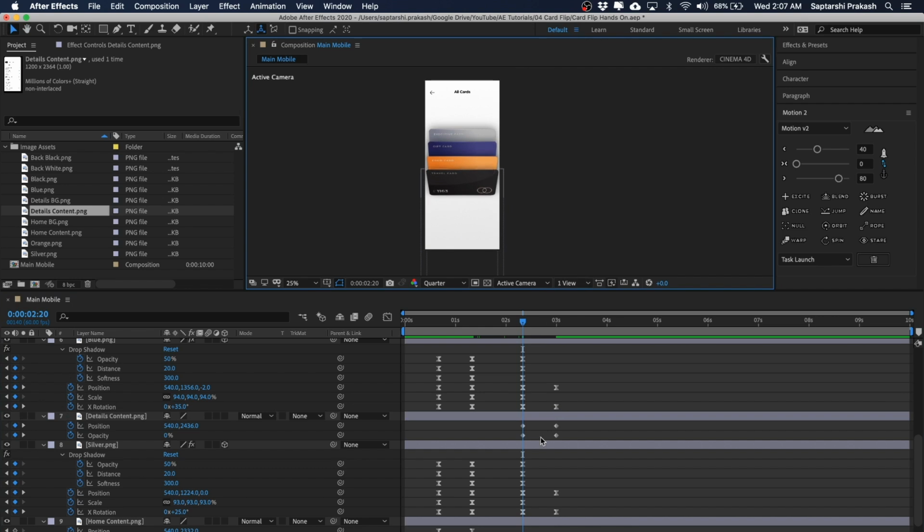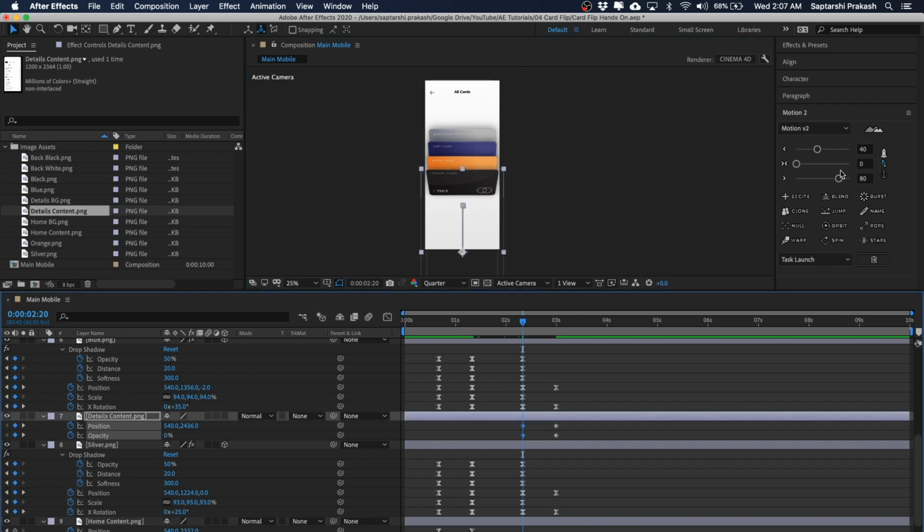Now you see that has disappeared as well in the initial stage. We'll quickly go ahead and add the same easing which we have been adding for all our keyframes in this composition, which is 40 for the initial ones and 80 for the final ones. Now if you go ahead and play, yep,